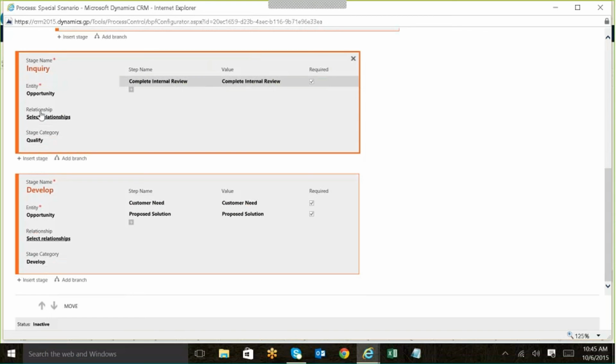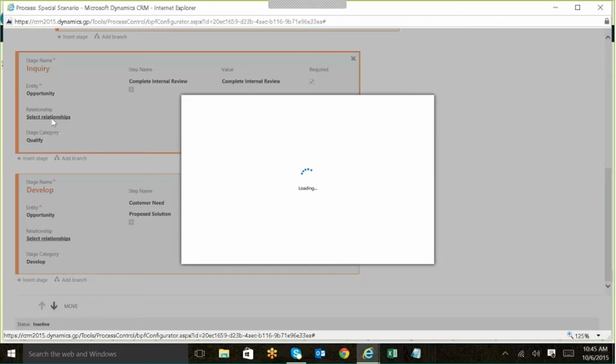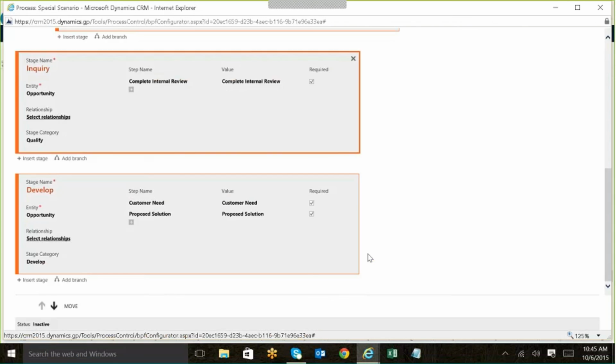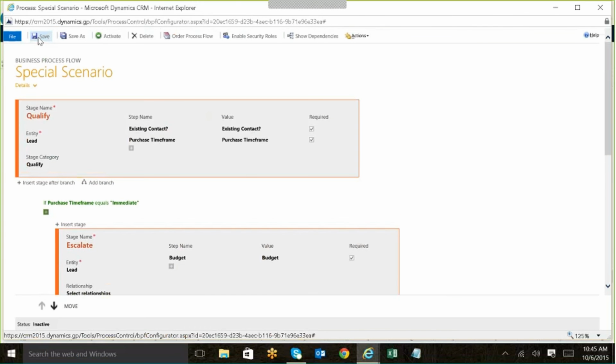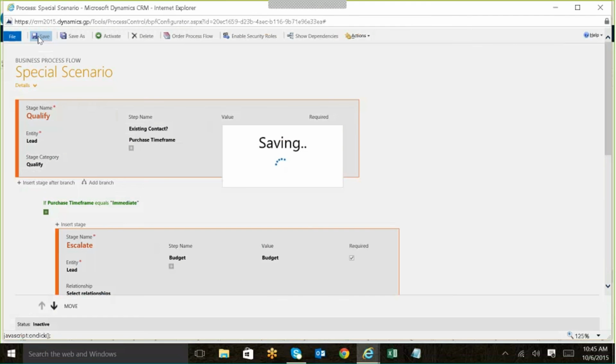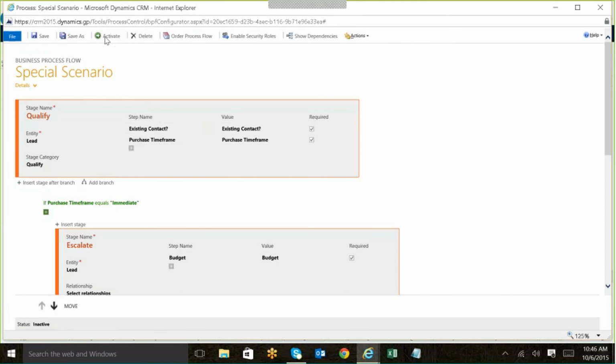So when you have that branching logic in here, you're going to notice that this select relationship comes up. You'll simply click on that, and you're just going to define the relationship that exists between the entities that are coming before and after that branch. So we're just going to quickly, as you see, you only have one option here. So once you have that built out, you'll simply come up, you'll save it, and then when you're ready to activate it, you would simply click on Activate,